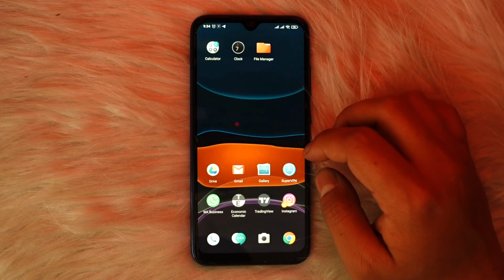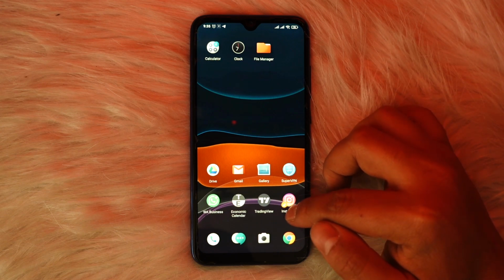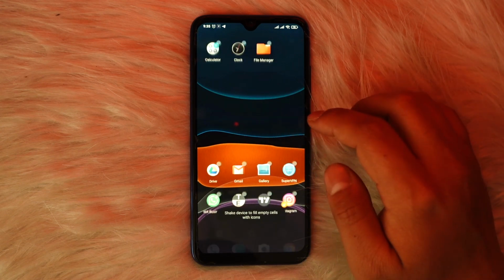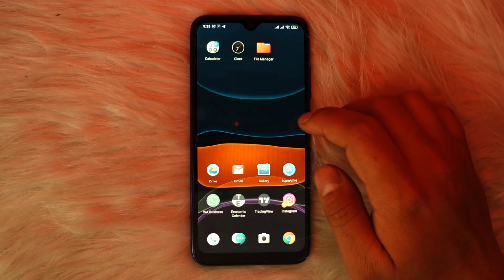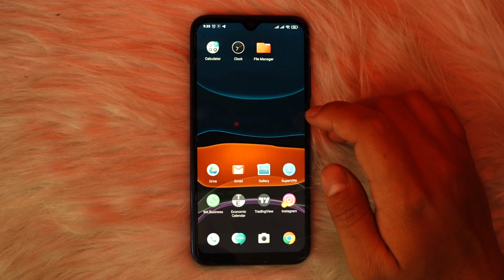Lastly, what you can also try out is try to uninstall the app of Instagram from your phone and then again re-download it. By doing these couple of steps, you should be now able to fix the Instagram Reels stuck processing error. If this guide video did help you out,